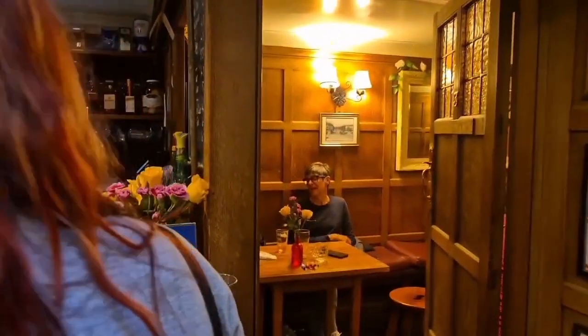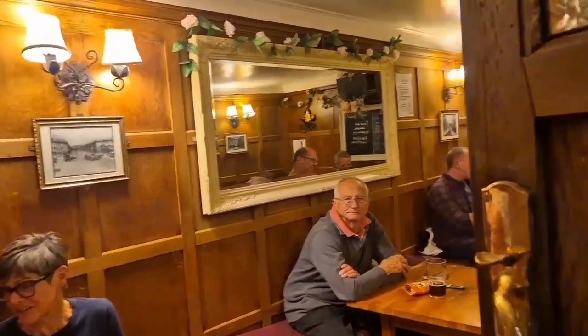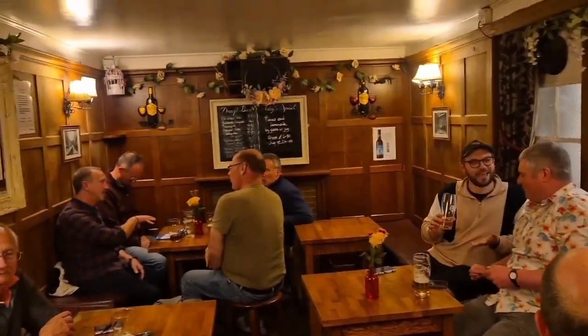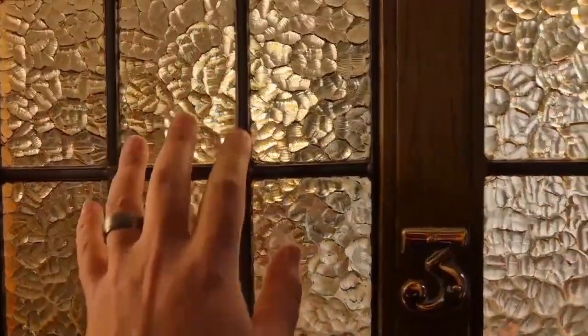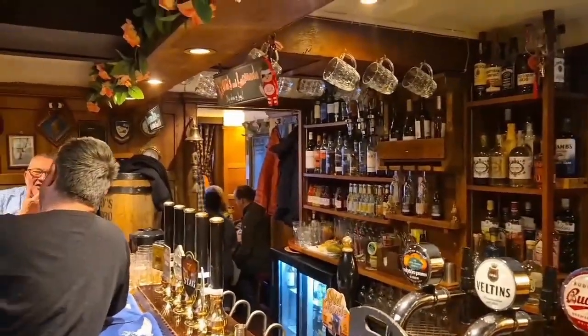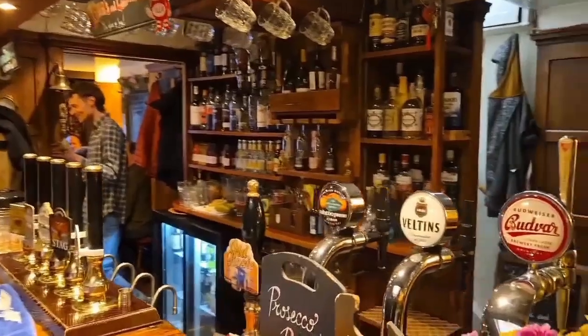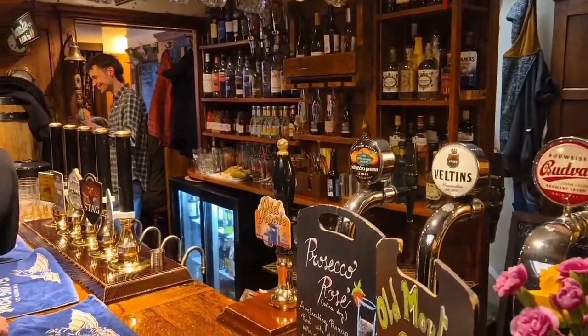For me, it's a beautiful little place. Honestly, it's an absolute sweet looking little gem. I absolutely love these windows again. There's a lounge bar up to the other side as well. But that is a really sweet little boozer, this. Super little pub. Come out there to the end of that Green Street, 10 yards, hang a left, and the